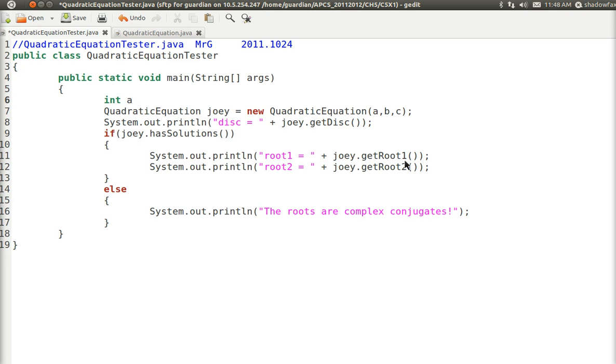But be careful, arg0 is a string. So you have to convert it to an int. So let's say int a equals Integer.parseInt of args[0]. So that'll take the first parameter from the command line after where you say javac quadratic equation tester, then you do java quadratic equation tester, right? Well, now you're going to do java quadratic equation tester and then list A, B, and C. All right, so let's do that. Let's do 3